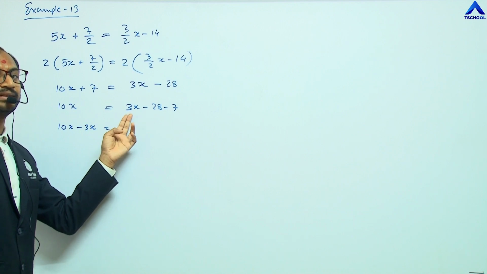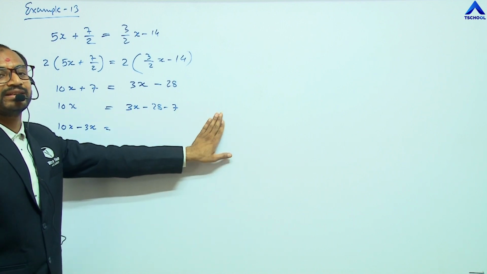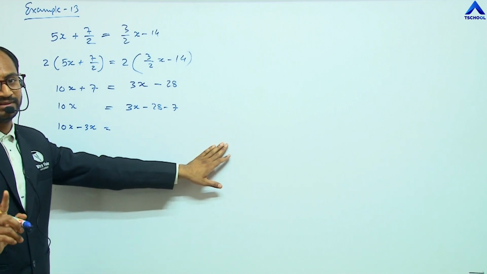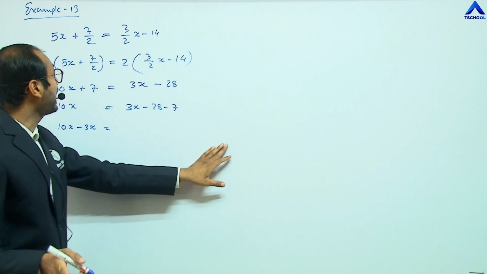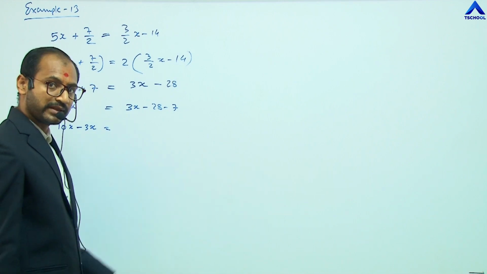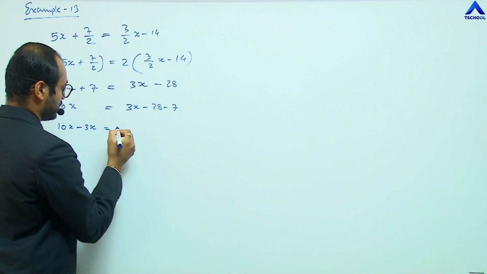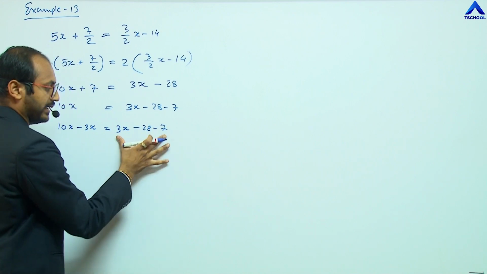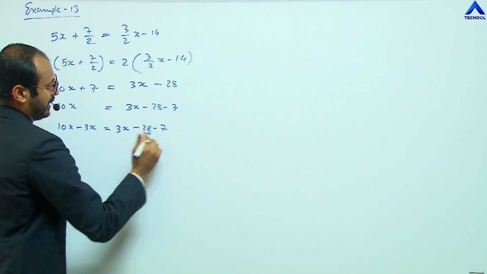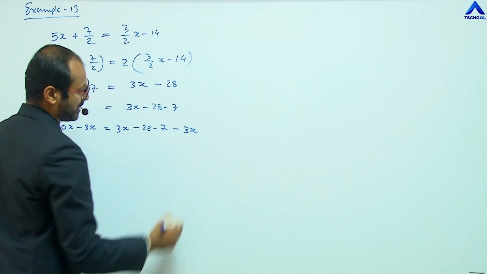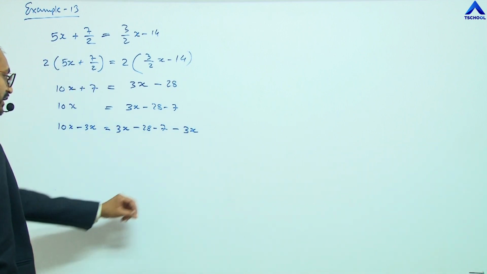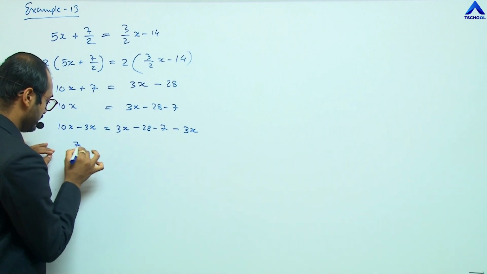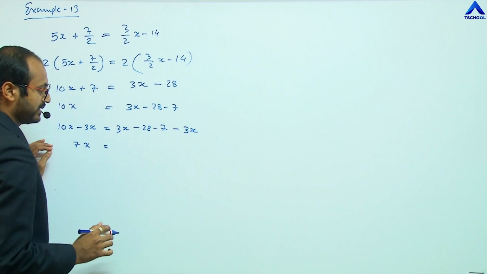To remove this plus 3x, we have to add minus 3x. We have to add it, not the subtraction. Clear? We are taking the additive inverse of that. Clear? So here 3x minus 20x minus 7 is as it is, and we are taking minus 3x on both sides. Now here 10x minus 3x gives 7x, and what is here?